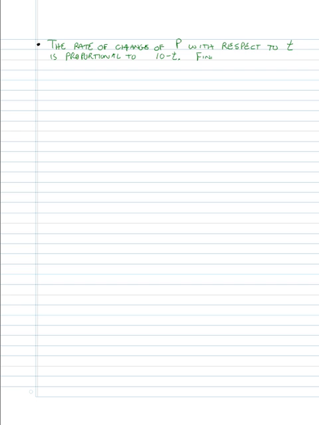Find p, or solve for p. Well, there's a couple of issues here that we have to be concerned about. And the first is the rate of change of p with respect to t. Now, whenever we say rate of change,